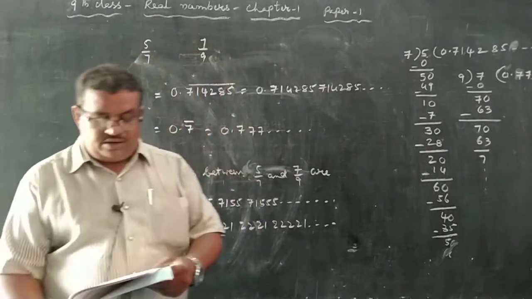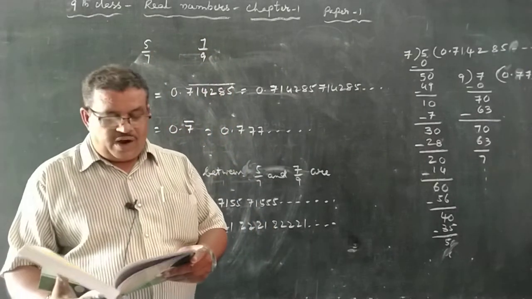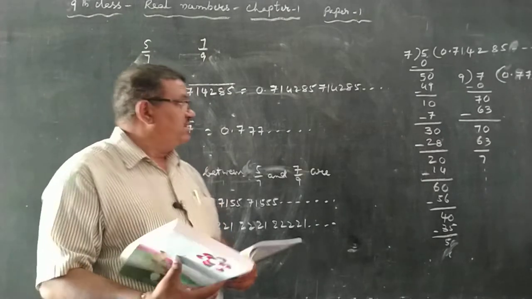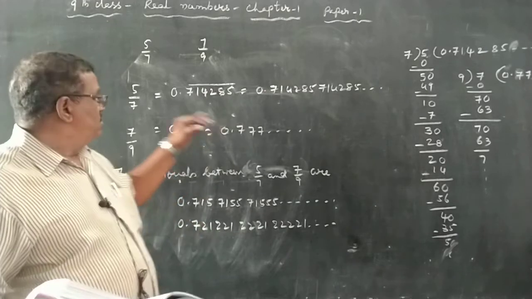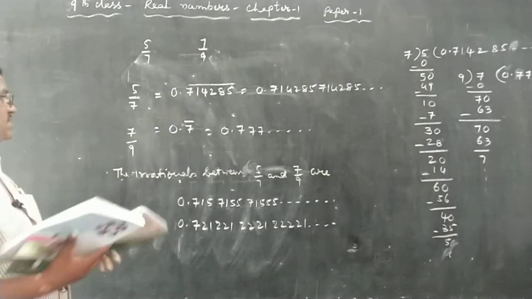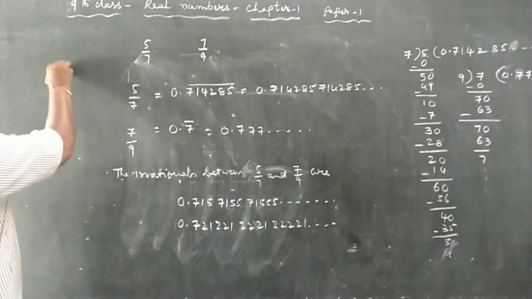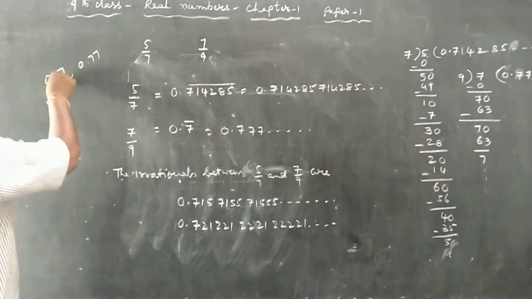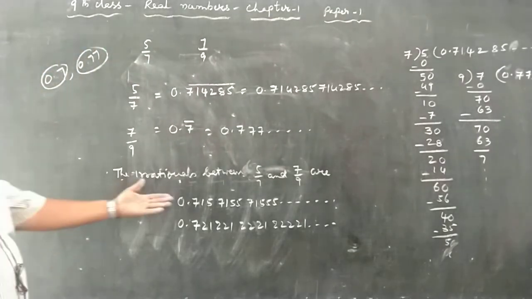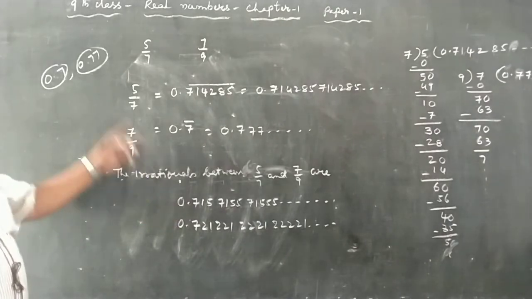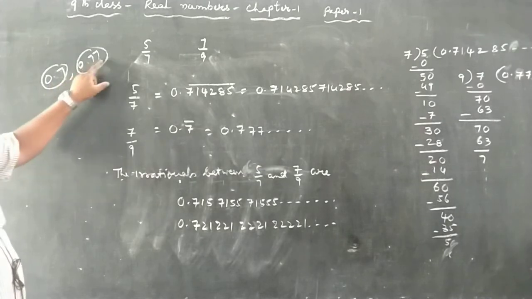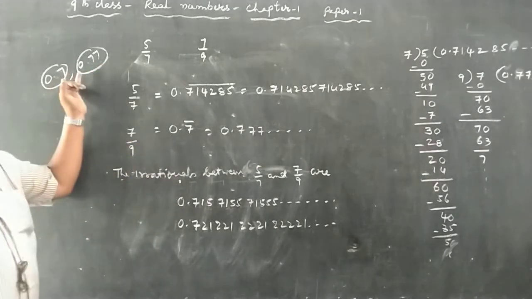So go through the next question. Find two irrationals between 0.7 and 0.77. Follow the same pattern. So clearly, they gave 0.7 and 0.77. Between them we can write so many irrational numbers. The answer can be the same answer, because 0.7 means 0.70, and 0.77, so this same answer can be repeated for it. Remember that.